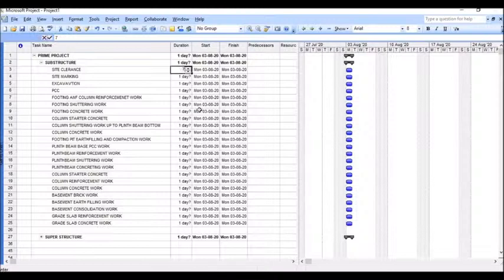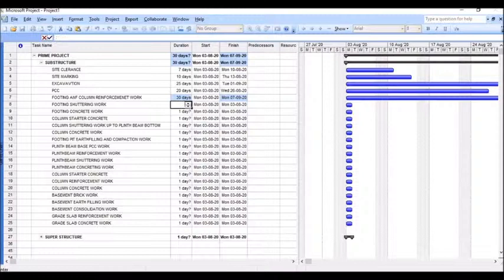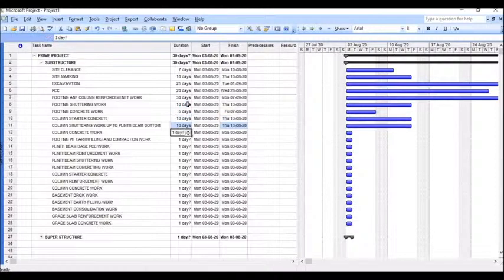Site cleaning 7 days, site marking 10 days, excavation 5 days, PCC, de-shuttering, 5 days, 10 days, footing concrete work 5 days, column shutter work 10 days, column shuttering work up to plinth beam bottom, that is 10 days, column concrete work, that is 10 days, footing pit earthwork and compaction work, that is 10 days, PCC beam, plinth beam base PCC work, that is 15 days,